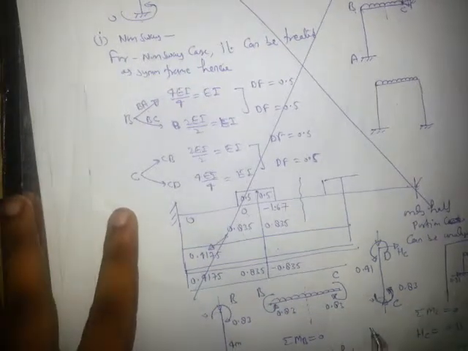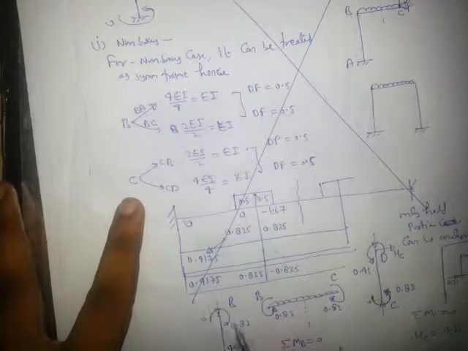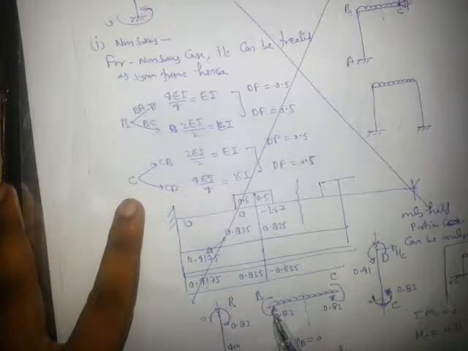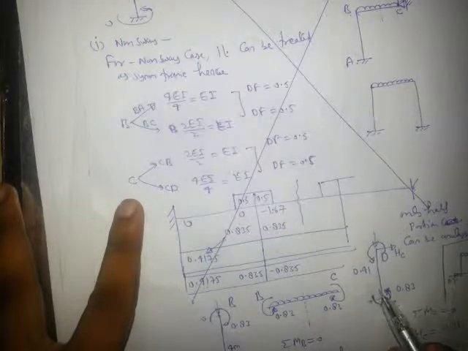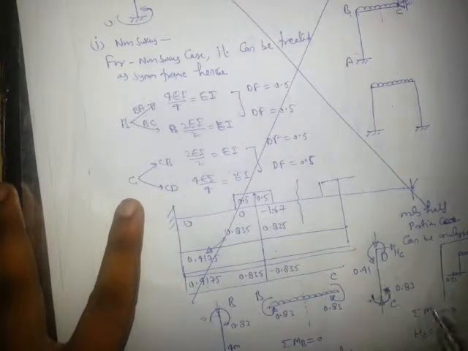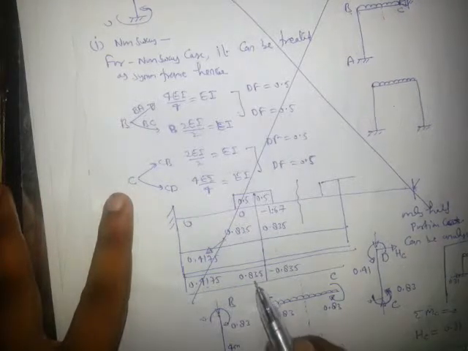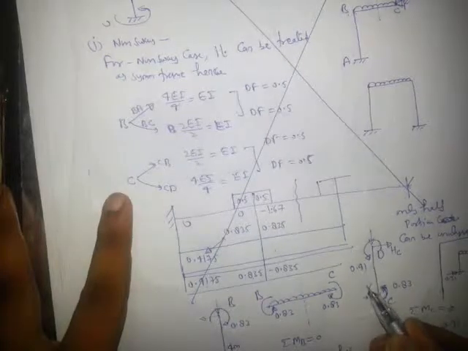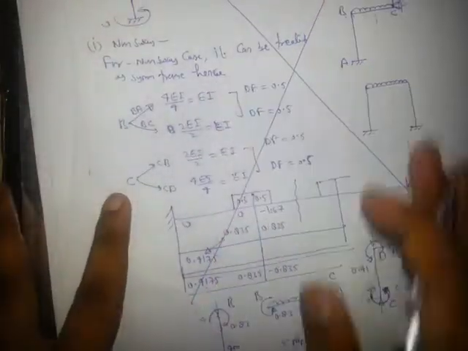Now using this we can calculate the other moment values also. For example, this is clock plus, this is plus clock, minus anti-clock. Now this is anti, this is clock, this is anti, this is anti-clock, this will be clock, and this is clock, this will be anti-clock. This value will be, plus means clock, this will be like this, anti-clock, right? This is clock, this will be anti-clock.